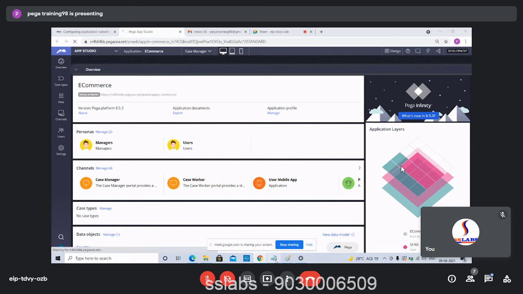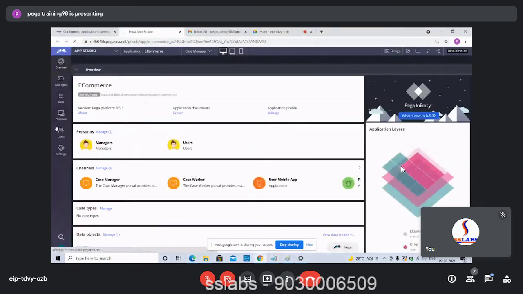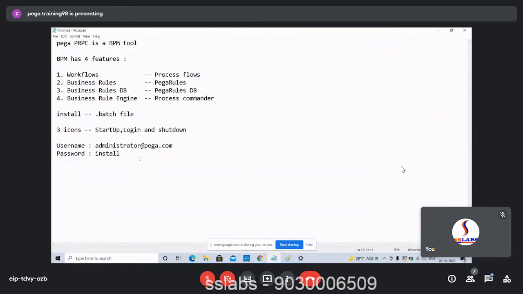So after this, I just wanted to show you the different options like this, so that we can start building an application from tomorrow. But I don't know, there is some issue with this cloud version. So here you do it till here. So I think tomorrow everyone will be joining.